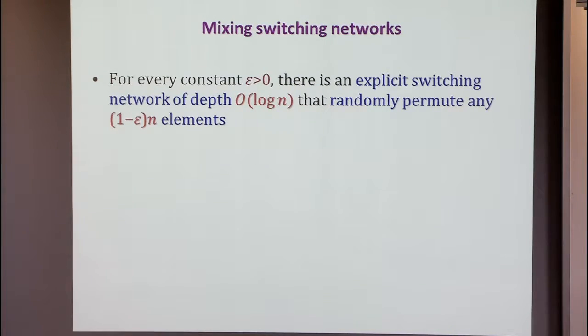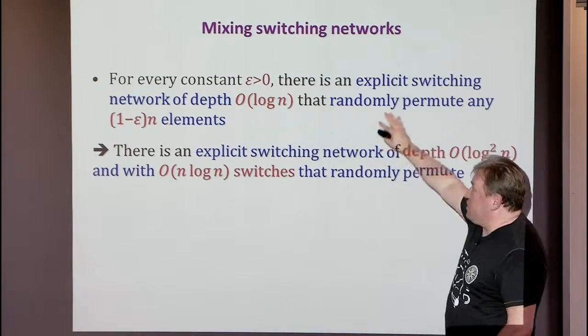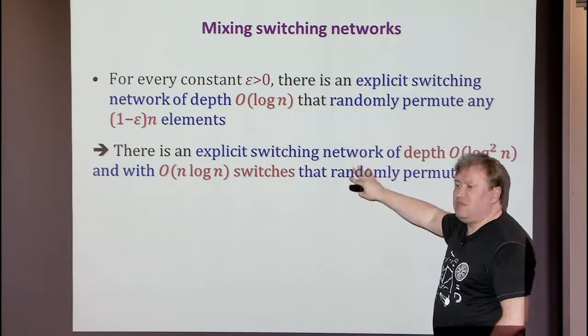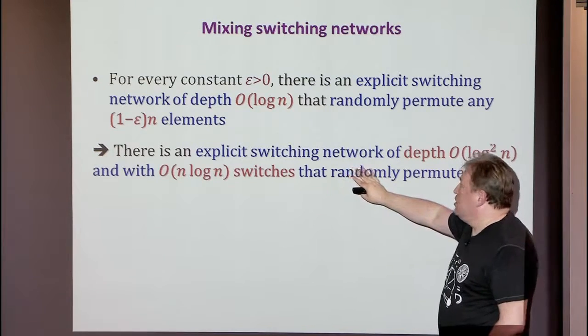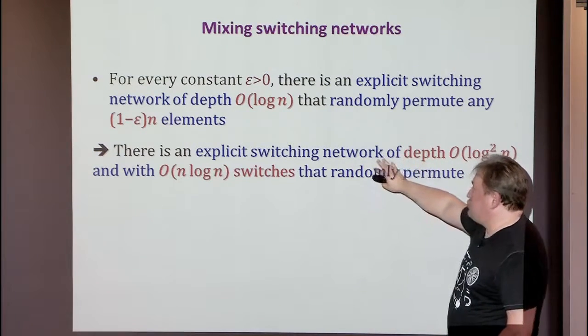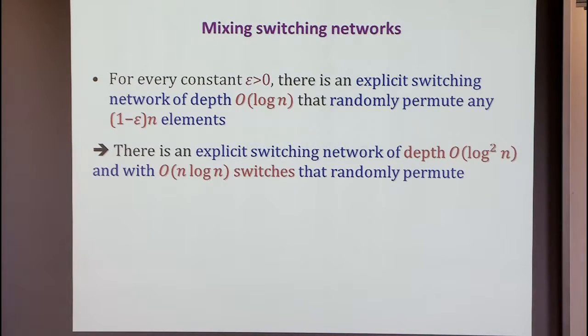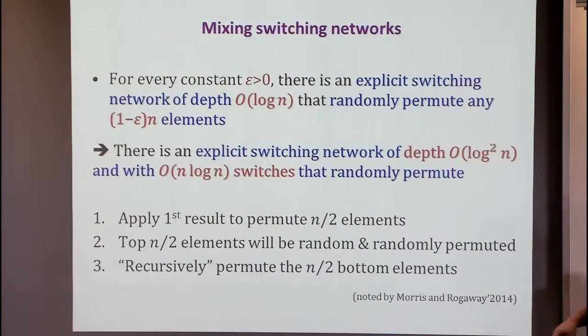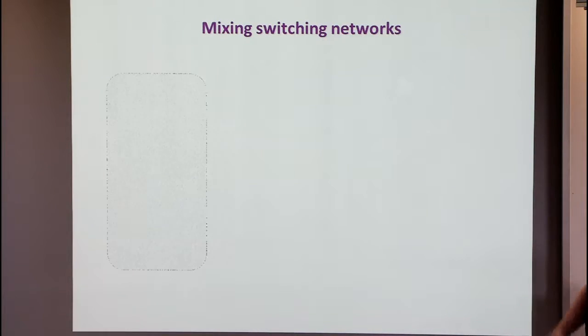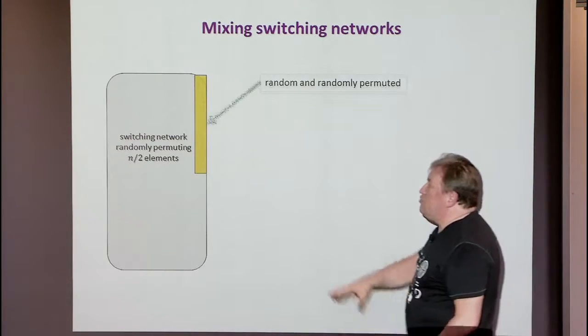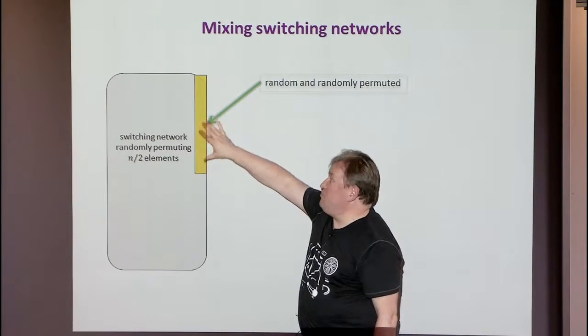In the remaining few minutes, I want to show you something simpler. Once we have this, it's not very difficult to show that we can create a switching network with n log n switches, but with depth log n squared. This was first observed by Morris and Rogaway, but it is not very complicated. So we have this network, and we know that it randomly permutes, say, 50% of the